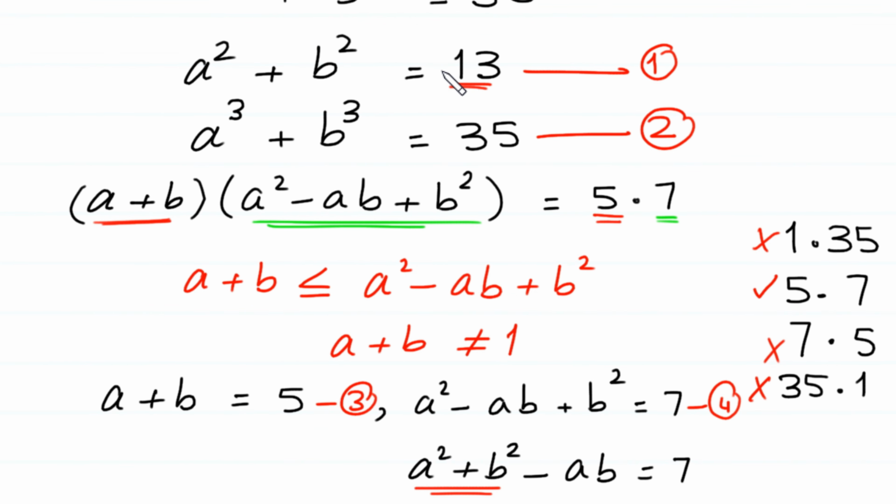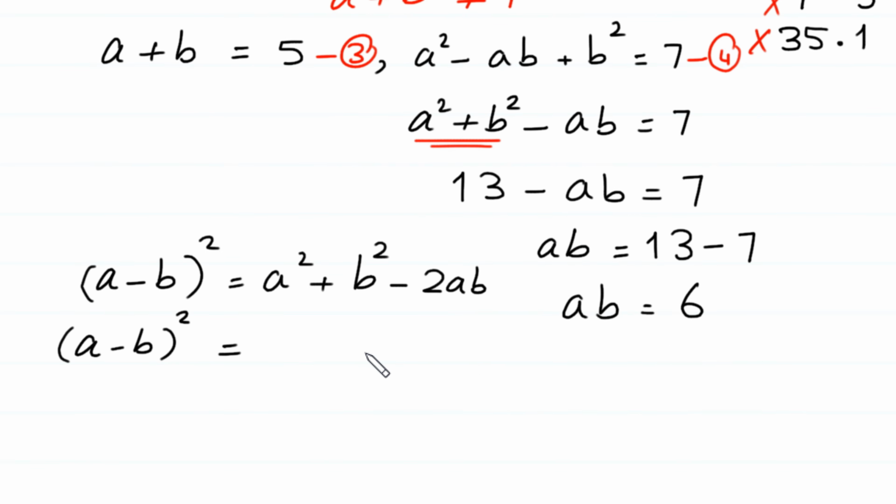13 from equation 1. The value of a square plus b square is 13 minus 2 times, here we put the value of ab from here, 6, 2 times 6. Next, a minus b whole square is equal to 13 minus 12 is 1,